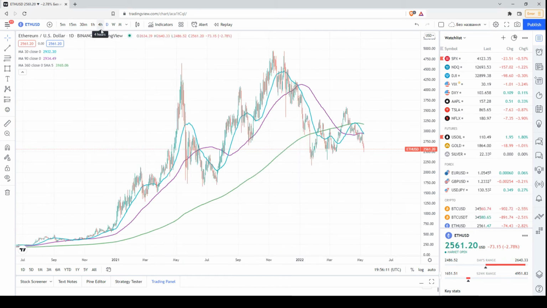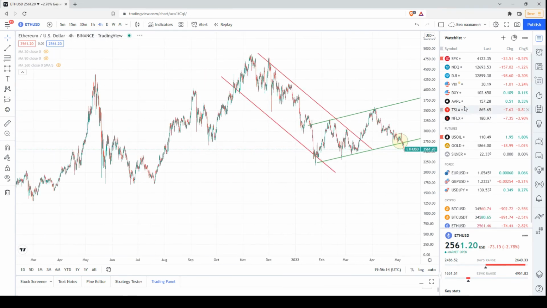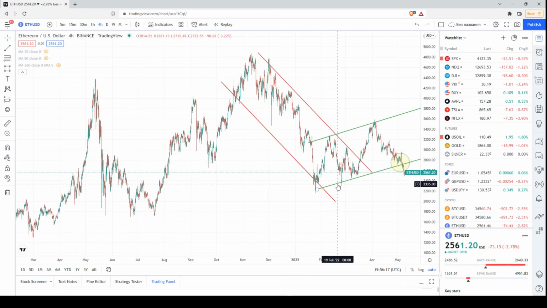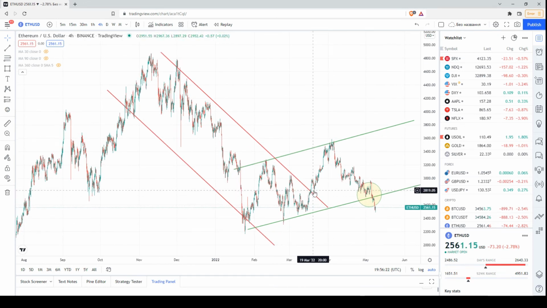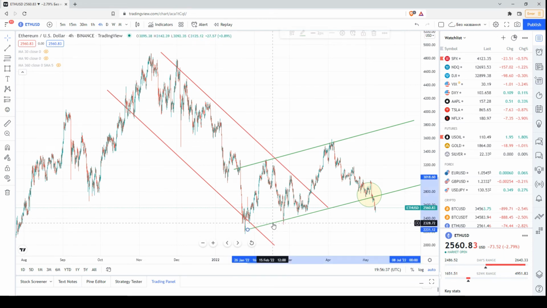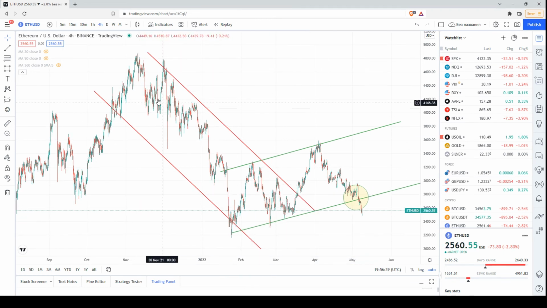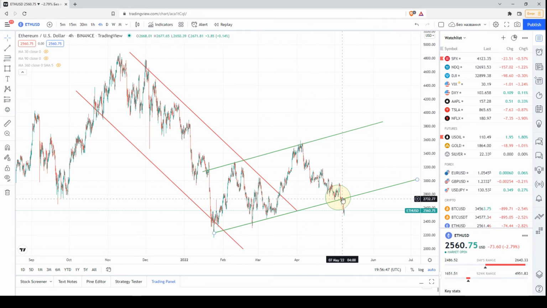Next, let's have a look at the 4-hour chart. This is the 4-hour chart. We had a downtrend here, or a sequence of lower highs and lower lows. Then in March, the price exited this downtrend, and we were able to some extent to spot the right moment, because here we had a sequence of local lows at the same level, or to some extent ascending local lows. Then the price exited the downtrend. It started increasing and it posted a local high above the previous one,